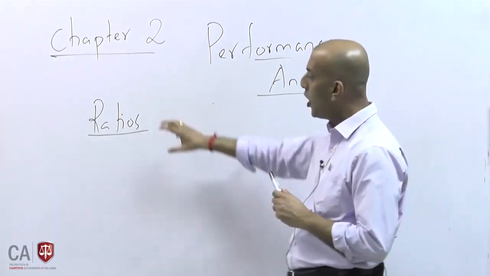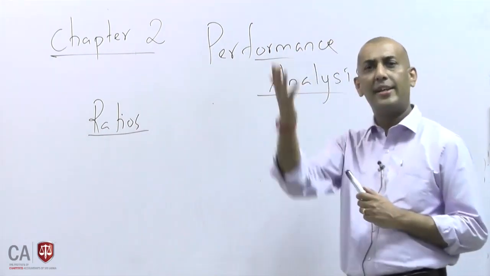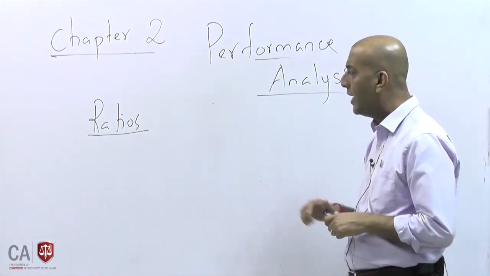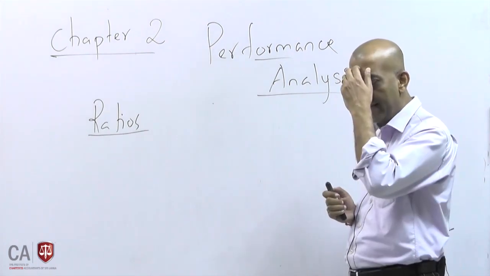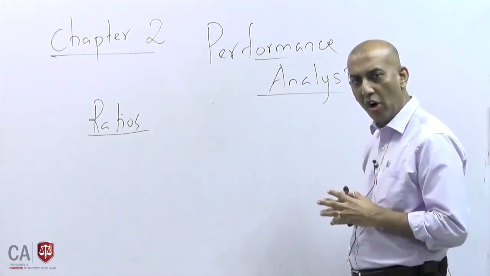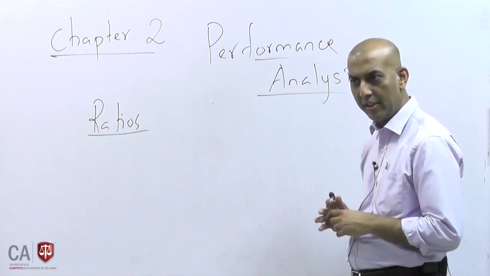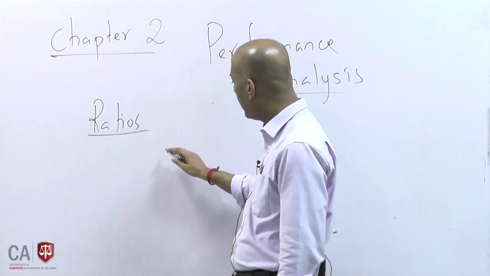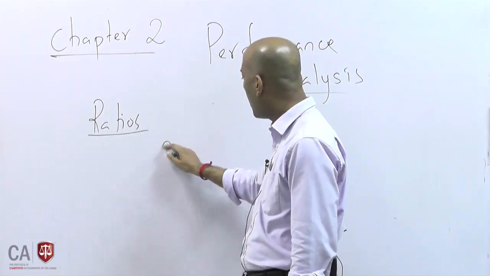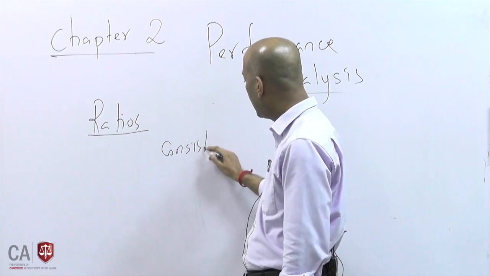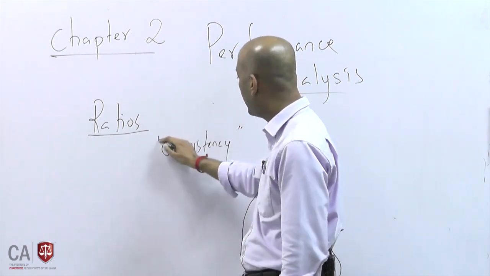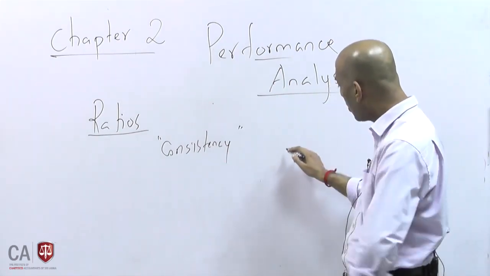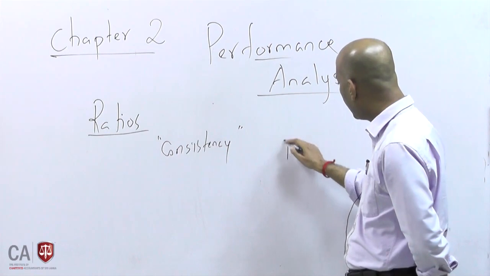Please note, when you are going to calculate ratios, maybe you have studied these ratios in accounts, at business level or even previous stages. For all these ratios, the objective is to get an understanding of the organization in terms of various areas. And when you calculate the ratios, you need to make sure you are maintaining consistency in your calculation. What do I mean by that? If I say I calculate, for example, debtors collection period.